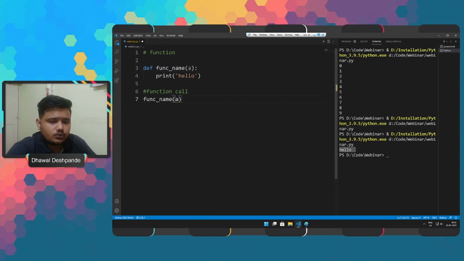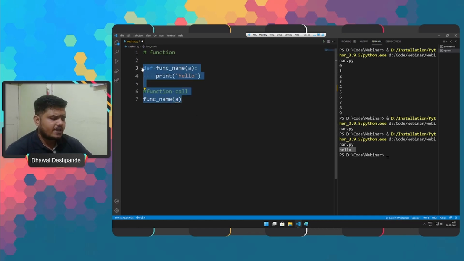So moving on to parameter and argument, the terms can be used for the same thing, information that is passed to a function, right? When we talk about arguments, by default a function must be called with the correct number of arguments, as I have already shown you. If we are calling the function with an argument, the same number of arguments should be present in the definition of the function, right? Meaning that if your function expects 2 arguments, you have to call the function with 2 arguments, not more and not less.